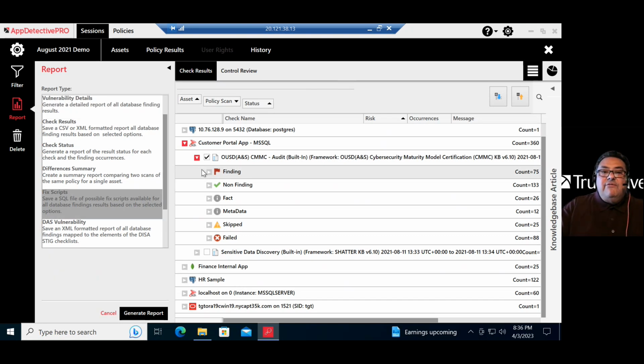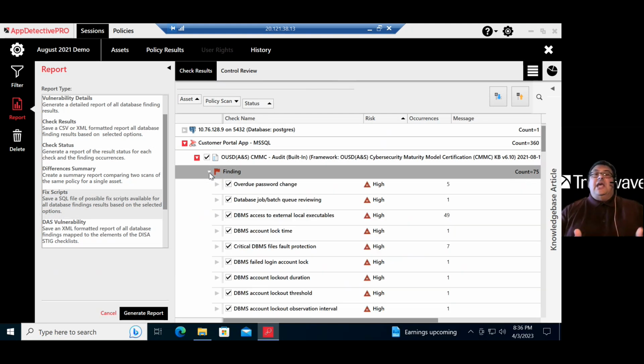All of the things that we found in this assessment, would it be advantageous if we gave the DBA team a script for them to use in their development testing? They can cut and paste and develop that script much faster than if they were typing all of this by hand from the word go. And so generating that fix script,